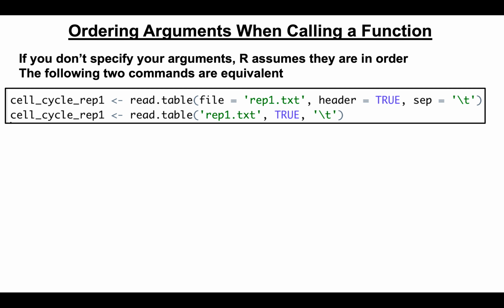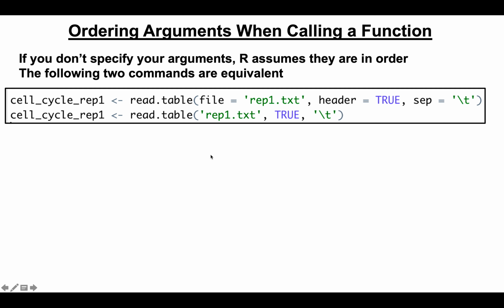Okay, and this is what I was thinking of previously. So another thing about calling functions is you can be very explicit about how you feed in your arguments. So you could say read.table, file equals rep1.txt, header equals true, sep equals tab. Or